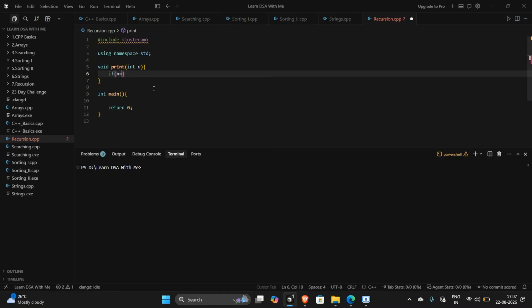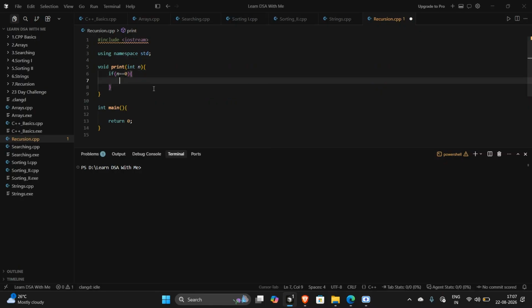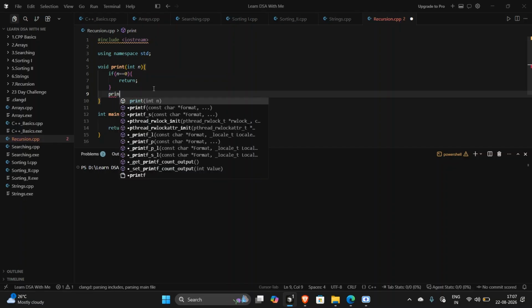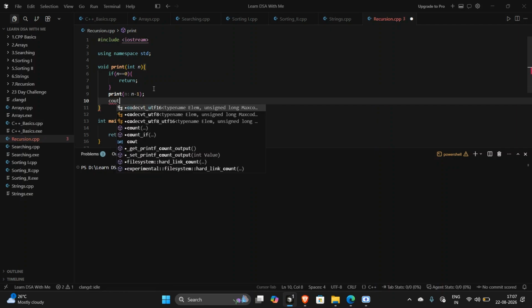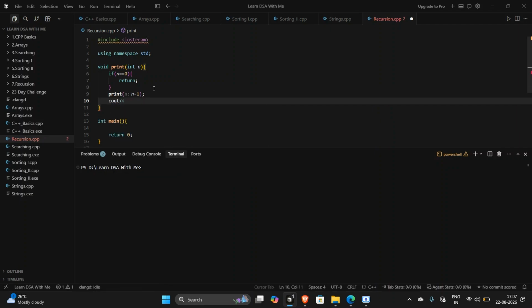If n equals 0, then it should just return, and if not, then it should call for the previous value, that is n minus 1, and then it should print its value, that is n. And we'll give a little gap,